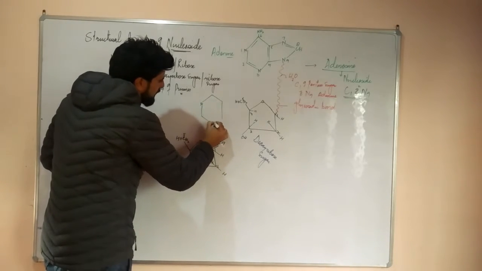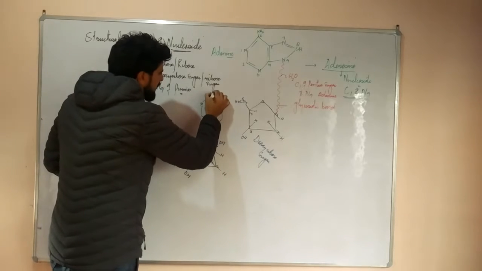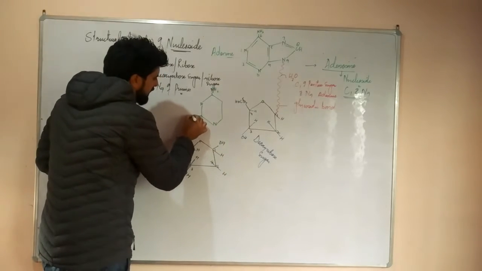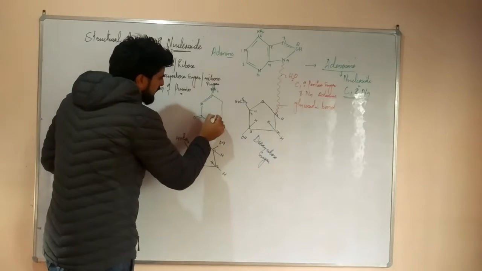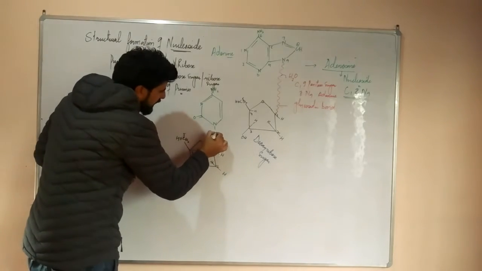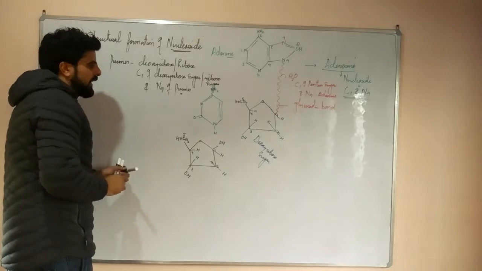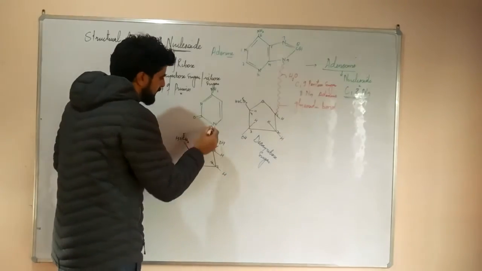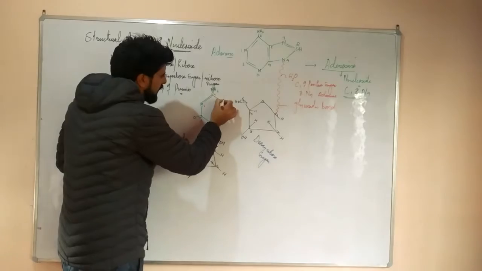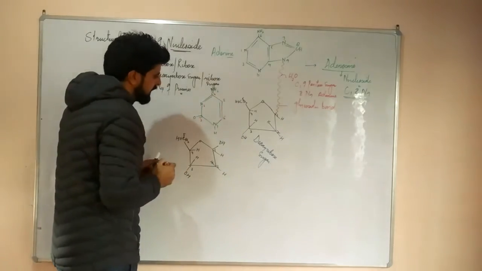This is the structure of cytosine. Here we have NH2 on its top, here we have a double bond O, here we have double bonds as well, and here we have the presence of H. If I take this one as cytosine and number it clockwise, this is 1, 2, 3, 4, 5, and 6.